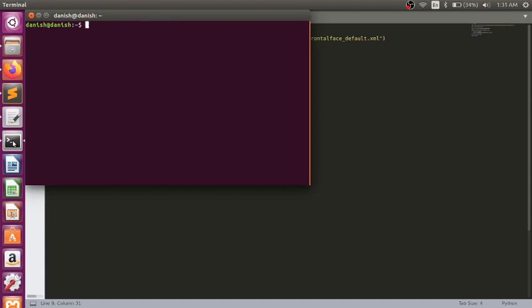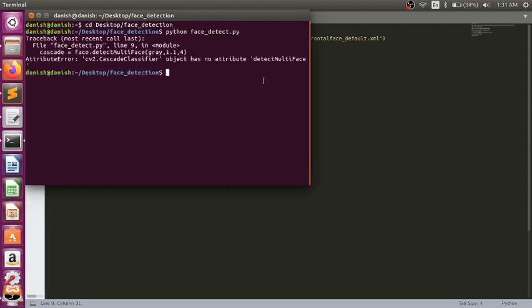Now I will set the environment: cd desktop/face detection, then python face detect.py.